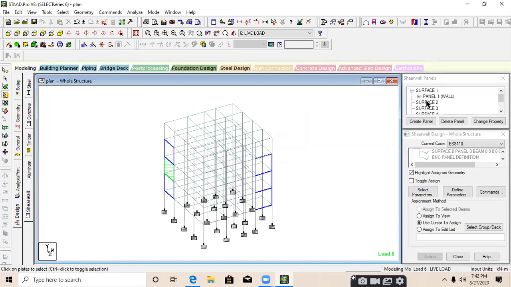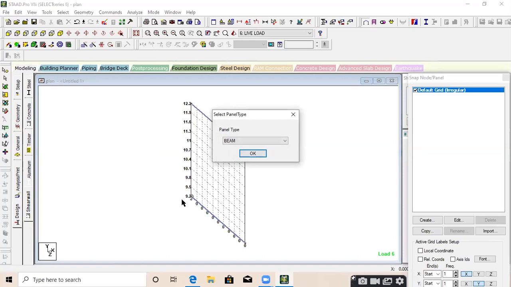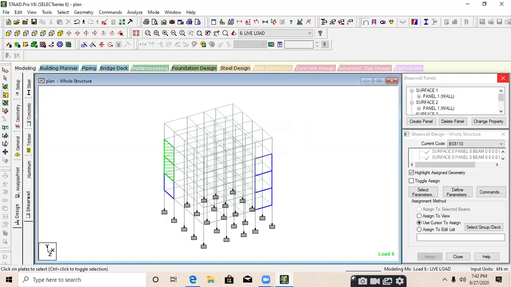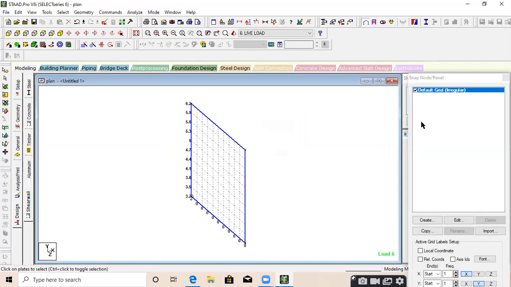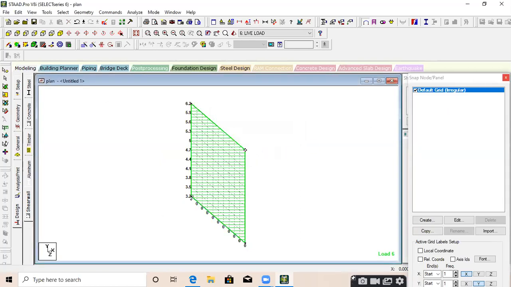Select the next one, surface 2, Create Panel, select all the 4 nodes. Panel type will be wall and OK. Close that. Go to the third surface, Create Panel, select all the 4 nodes. Panel type will be wall, close.